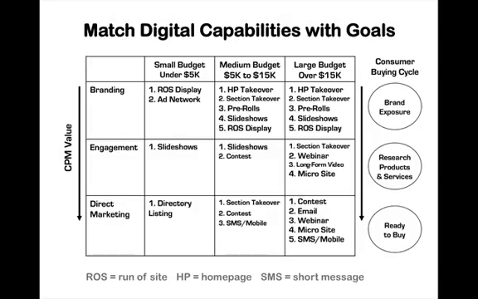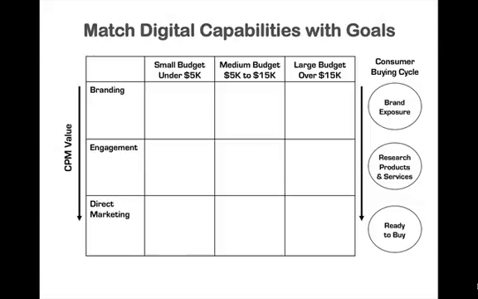Now, the idea here is to focus on those 3 opportunities rather than maybe the 30 plus opportunities that you have available to you. So this capabilities matrix is to help you accelerate that process, make recommendations more quickly based on the needs and budget size of your clients. And you can also download your own copy of this digital capabilities matrix. So that way you can make as many copies as you want, fill it out in a variety of different ways, the way that makes sense to you. So you can download that in the reference section of this certification.